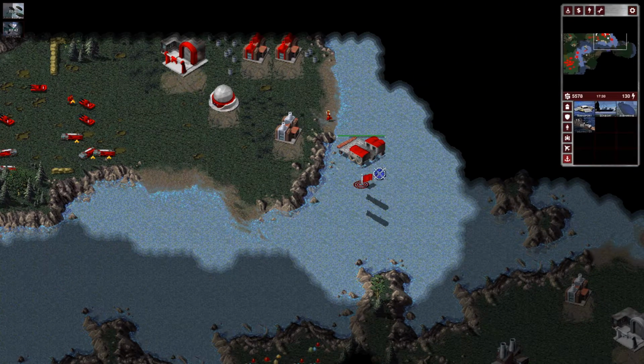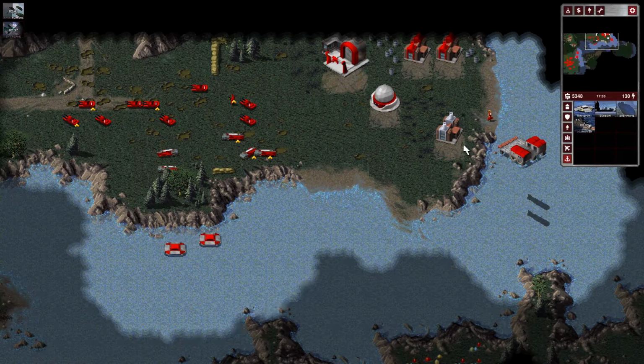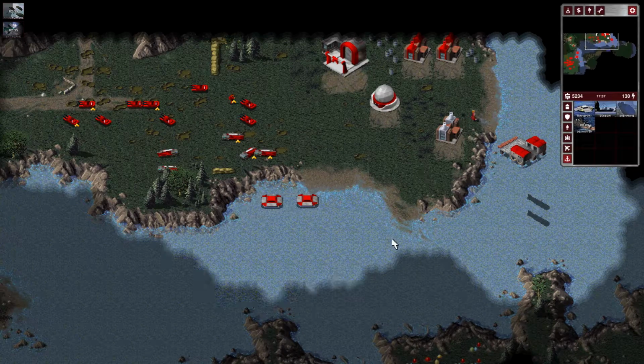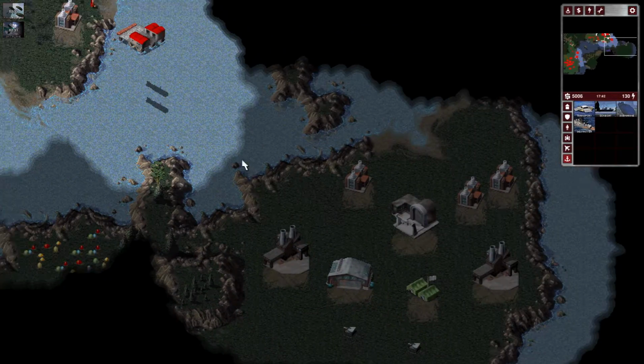Structure captured. I'm gonna make this one the primary. Building selected. Primary just means that's the building the units will attempt to come out of unless there's something blocking them. So those guys are set up. Now obviously,